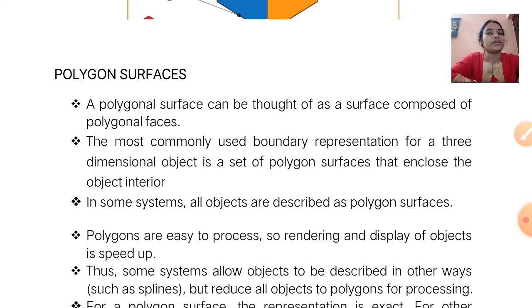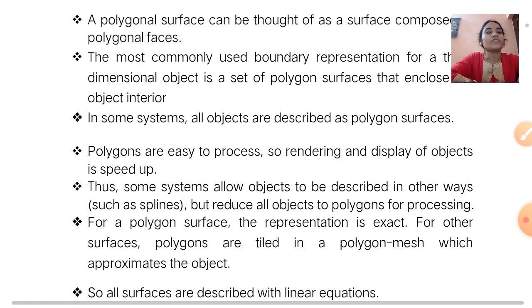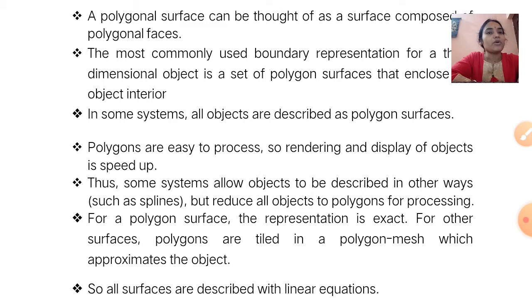In some systems, all objects are described as polygon surfaces. Polygons are easy to process, so rendering and display of objects is sped up. That means we can process them easily, and rendering and display of objects is very fast.